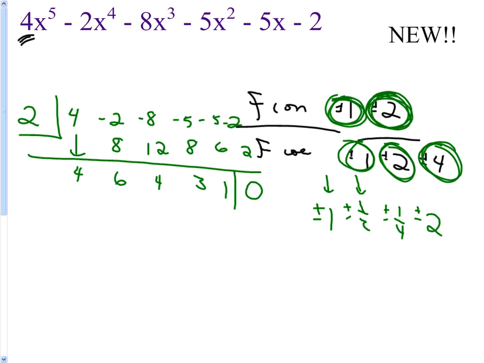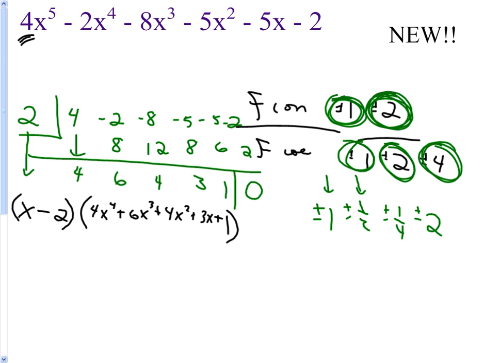Yay. So really, what are we doing, though? We're factoring. And so now we got to rewrite this puppy. Everybody write it. I'm going to call on one person to tell me what the answer is. I'll pause for a second while you do that. Okay, so it's 4x to the what? 4th, plus 6x to the 3rd, plus 4x to the 2nd, plus 3x plus 1. Is that a -1? I think it's plus 1. Okay, and then,